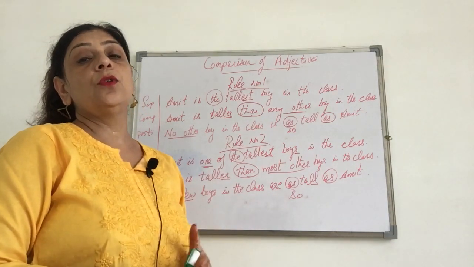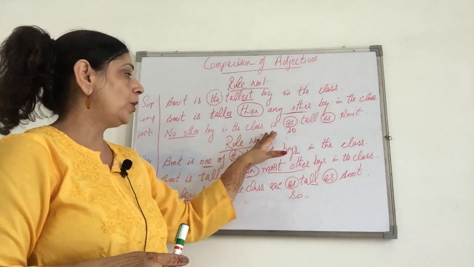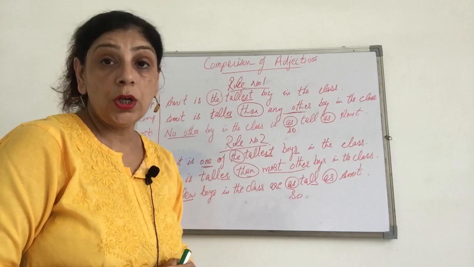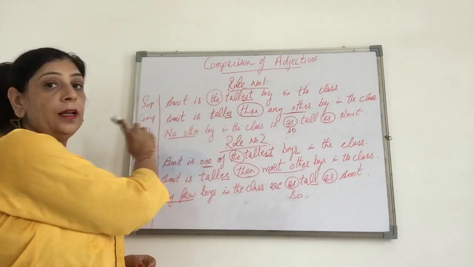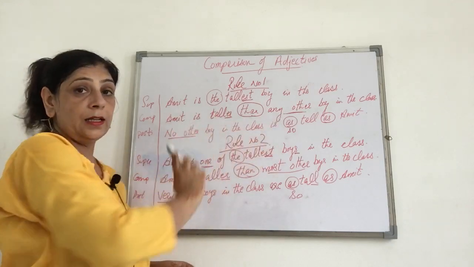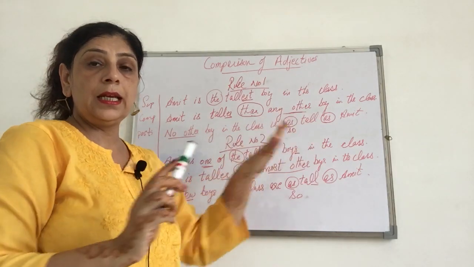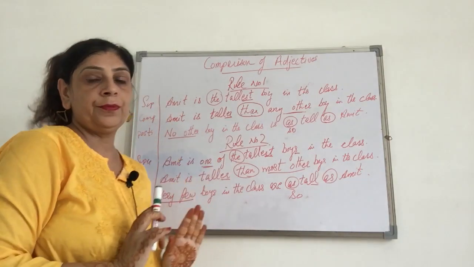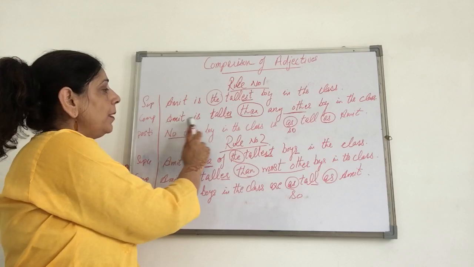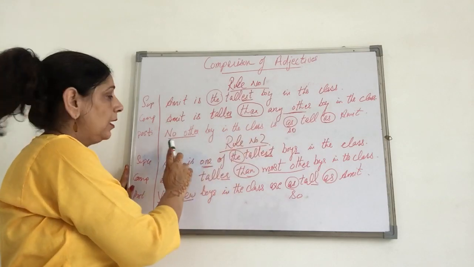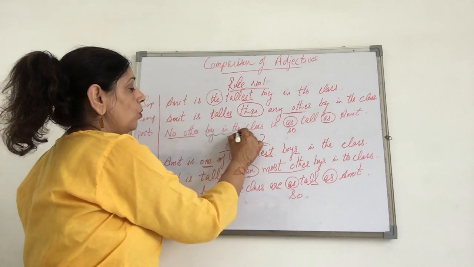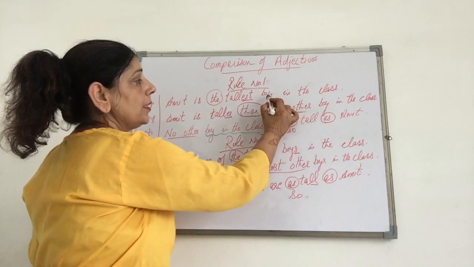Or I can give you the sentence, no other boy in the class is as tall as Amit, and I will ask you, use the word taller. So you know the word taller is in comparative degree. So what will be made? Amit is taller than any other boy. Write any other only, do not write some other word anywhere. Remember that. Now, when you make it from here, Amit is taller than any other boy in the class. What is the answer? No other boy in the class. Boy in the class stays together. Why? Because in the question it is together.